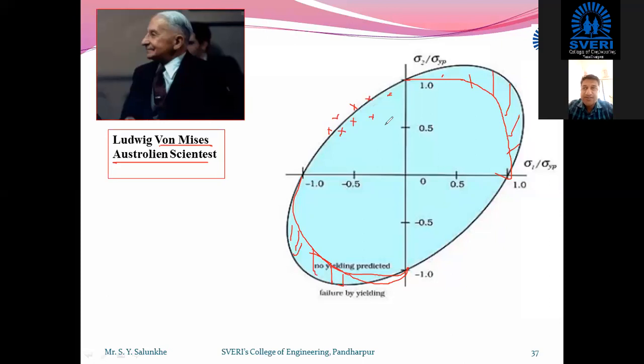Later on, all these theories are giving quite similar results, except the maximum strain theory. The remaining two theories, that is maximum strain energy theory and distortion energy theory, that is Von Mises theory, are going to give us similar results as the second theory. Only thing is that in the second theory we are going to get a hexagon shape, and in case of maximum strain energy theory we are going to get an elliptical shape, whereas in distortion energy theory also we are going to get an elliptical shape. But the region covered by those shapes is similar.